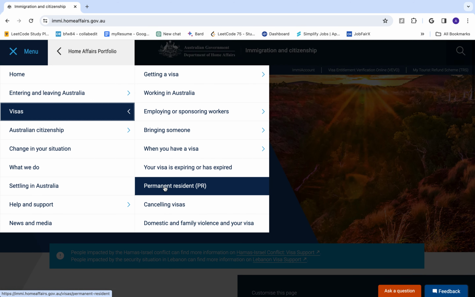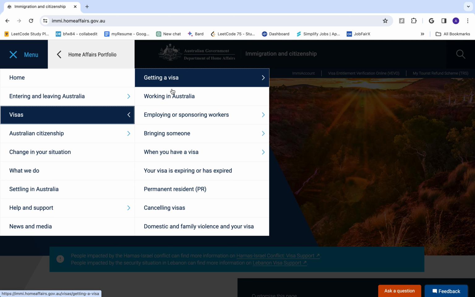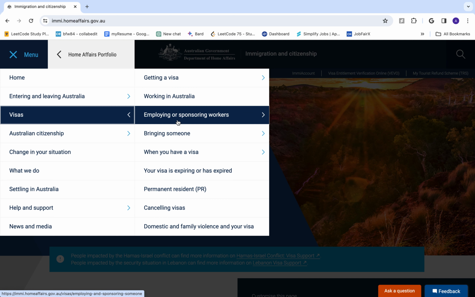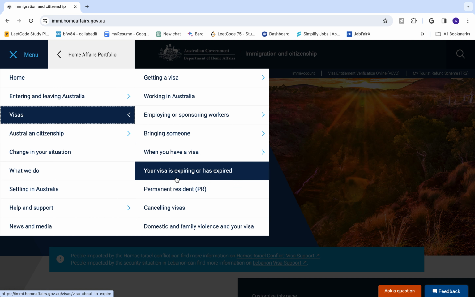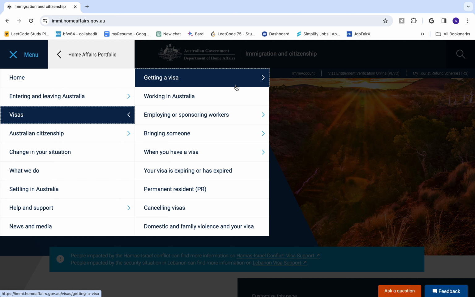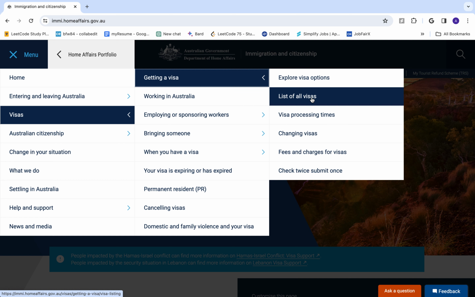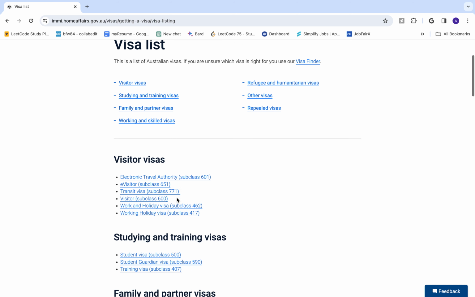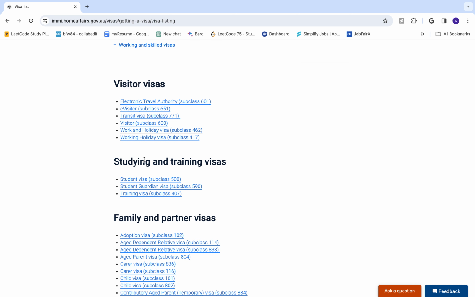So it's for getting a visa, working in Australia, employment, bringing someone, your visa is expiring, or anything. So you can just go to getting a visa and list of all the visas. After I have all the visas, I'm gonna go with studying and training visas. So today we're gonna just go with the student visa,